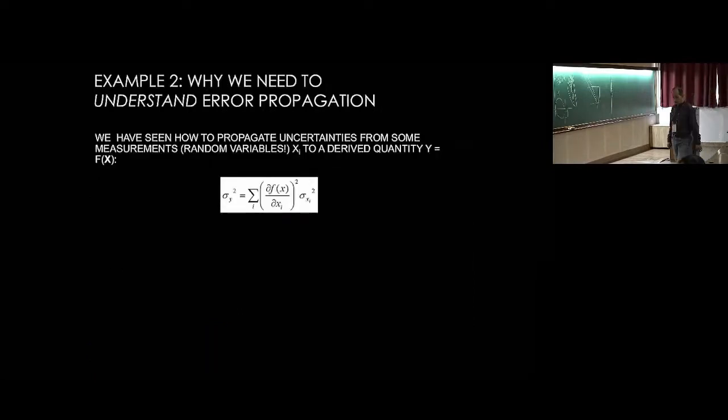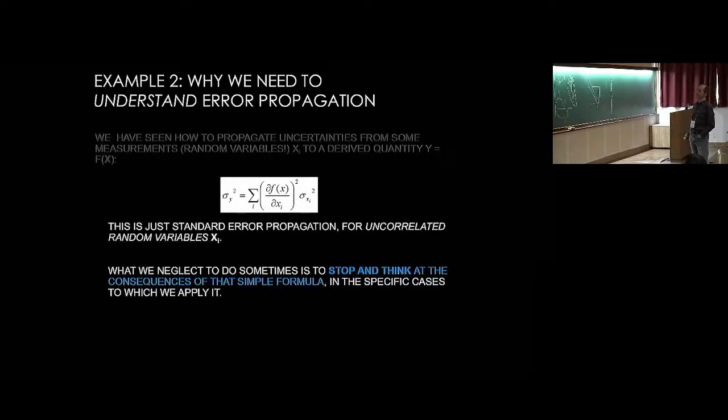All right, so I want to give you one example of what you can do when you can see through these calculations, and actually I have another coprocessor here that can compute the variances of functions of your random variables. So we have seen this formula, and we don't pay much attention to it, we just use it, okay? But if you can read into this formula a little bit more, you can actually get something out of it.